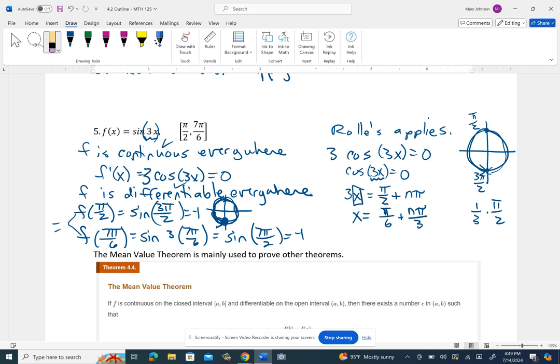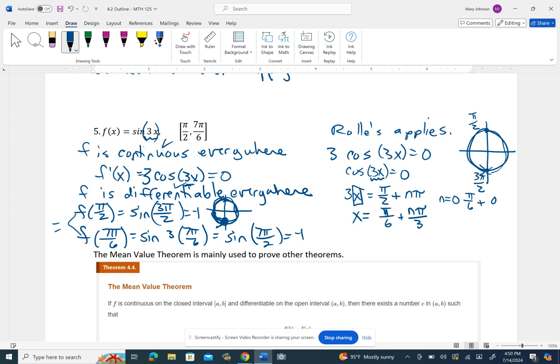Because what you do on these problems where you got a multiple of an x value, is you have to think about, well, what if n were equal to 0? So if n were equal to 0, you'd get pi over 6 plus 0 pi over 3,